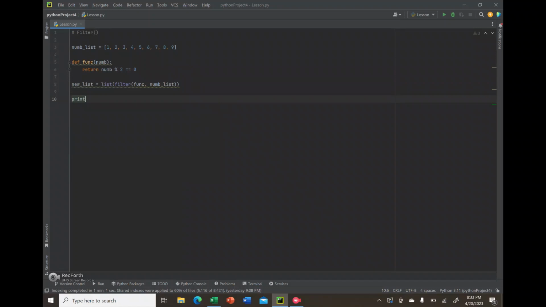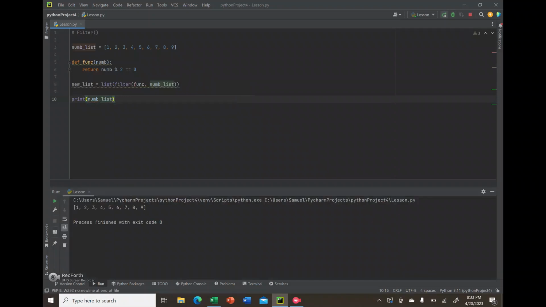So if I wish to print out this new list, it's basically going to go through numList, and at any element modulus of 2, remainder 0, it will return that value. So if I print new list, you'll see that only 2, 4, 6, and 8 are provided when I run this. So that's how the filter function can be utilized in going through and filtering out through a list